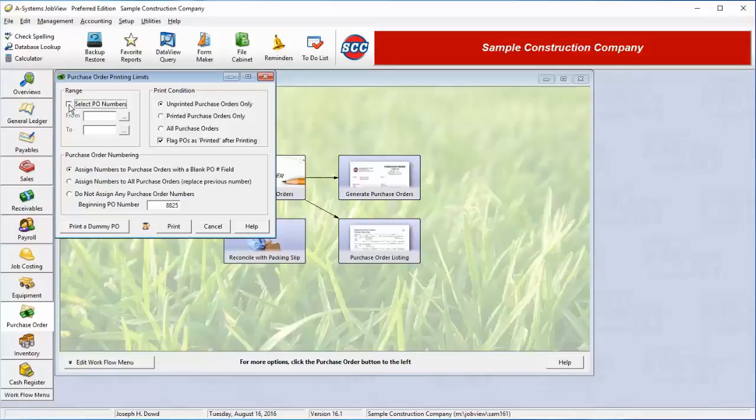Normally, we don't select a range of POs. We do, however, wish to look at the print condition. In most cases, when we go to print our purchase orders, we want the system to print only purchase orders which have not yet been printed. In other words, when we have entered in 3 or 4 new purchase orders, and we would like to print